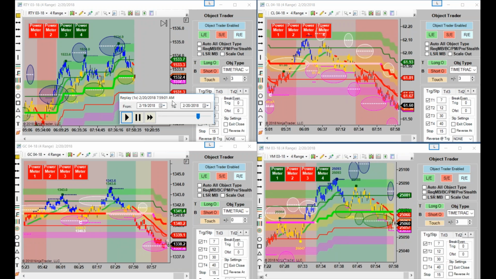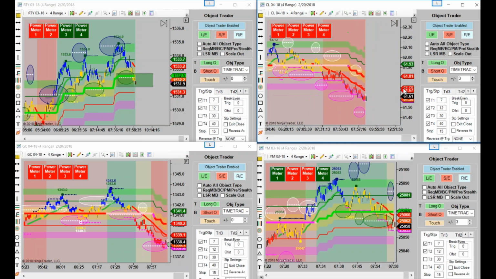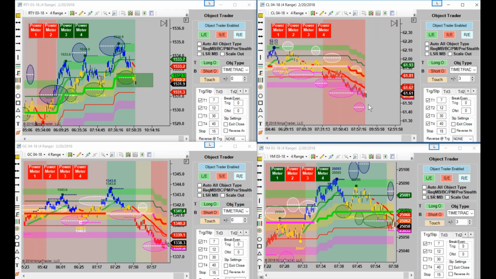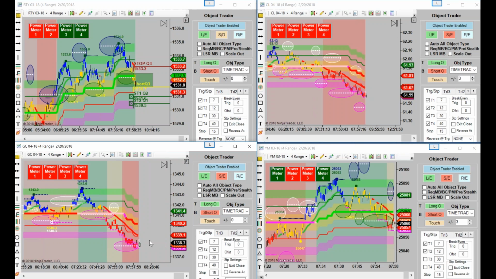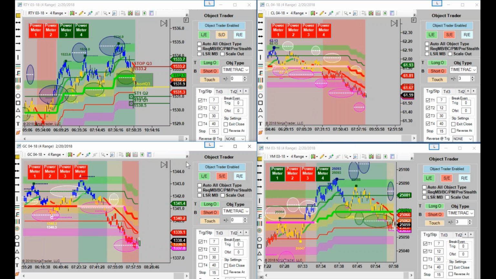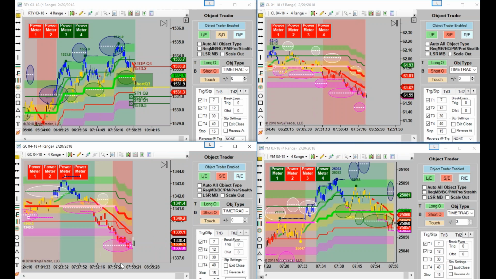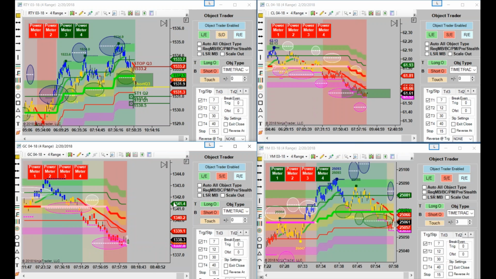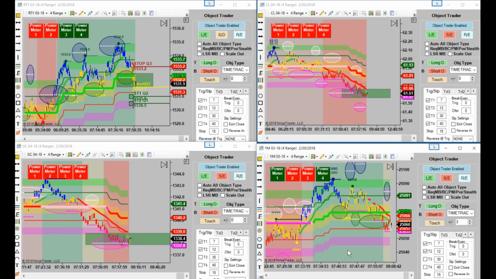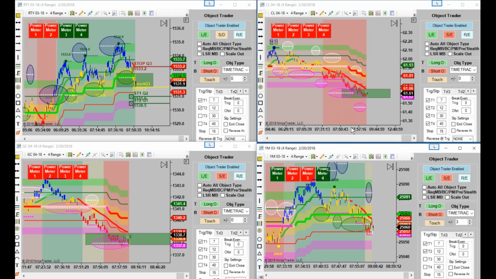Okay, there's 7:59 in the morning right there. There's your box. This one hadn't closed yet, so you don't have your box just yet. Okay, there's your box. Haven't got your box on these because they haven't closed yet. There's your box. There's your box. And let's just see what they do.